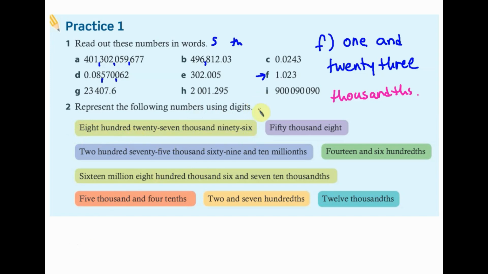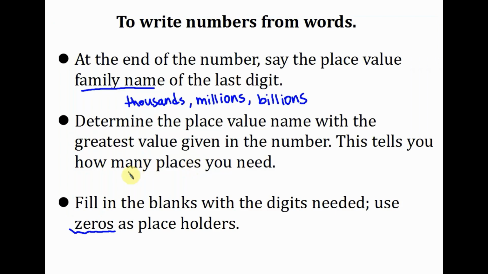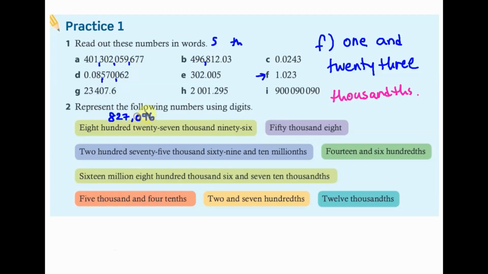827,096. There were no th family members, so I know that there is no decimals. However, in this case, the biggest number that I saw was 800. So 827, and this is 1,000. So I know that I will have 3 more digits on here, but it looks like I don't have 100. Instead, I just have 96. So if I just have 96 and I don't have any number in here, remember that we're going to fill in with the zeros. So fill in this blank with the 0, and this will be